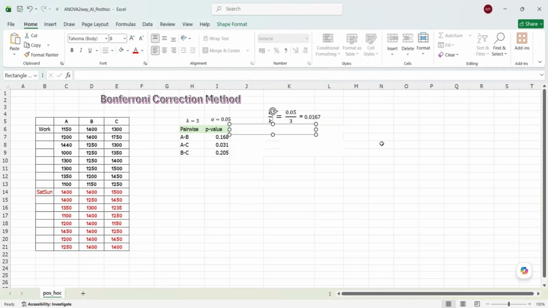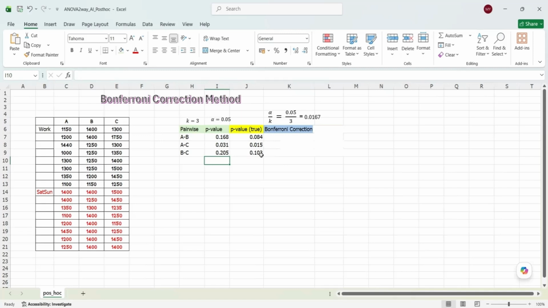But when we compare with the Bonferroni significance, we must use the one-tailed p-value. The one-tailed p-value is the p-value divided by 2. The true p-values found were 0.084, 0.015, 0.103, and the Bonferroni correction significance was 0.0168. We will compare and conclude that if the true p-value is more than the Bonferroni value,